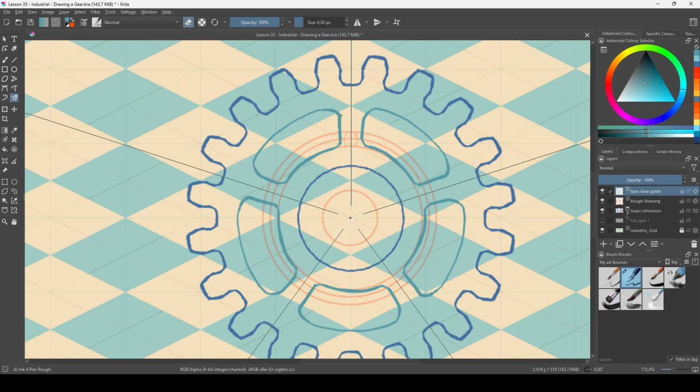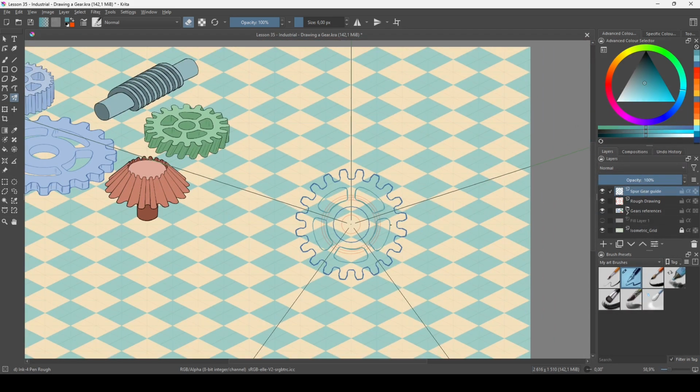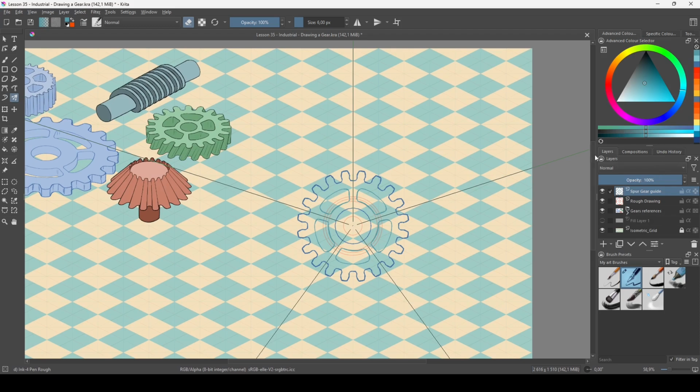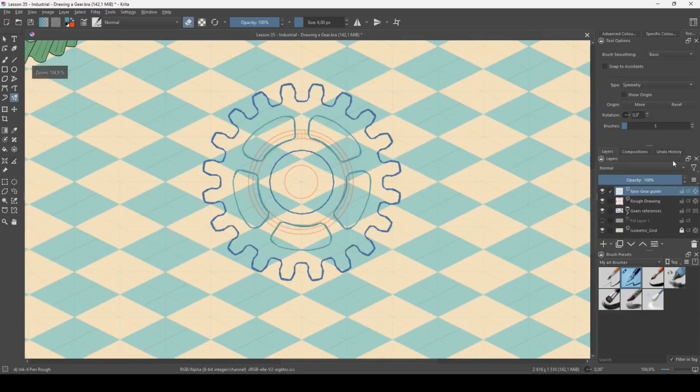And voila, easy. That's how you draw a gear in isometric perspective, but we're not done yet. So before we do anything, we just need to deselect or disable show origin. We can delete the rough drawing for now,